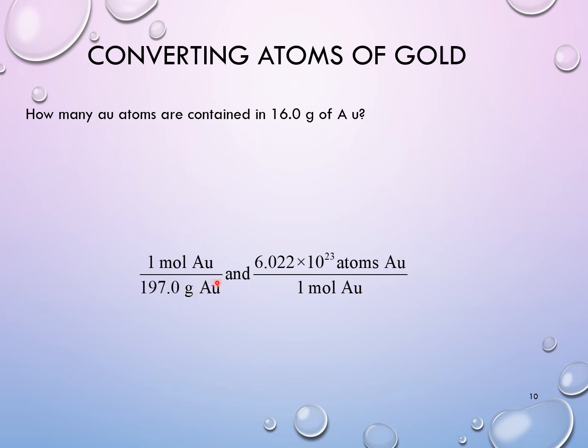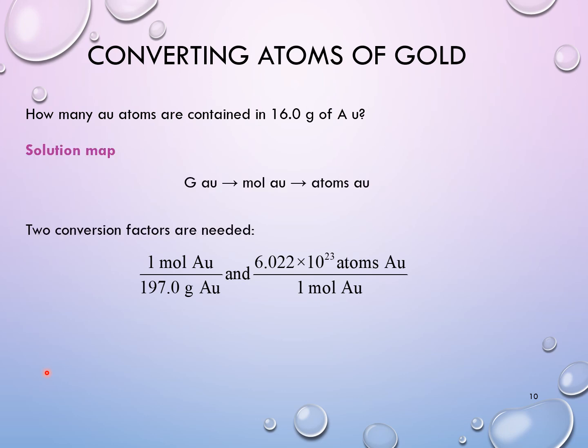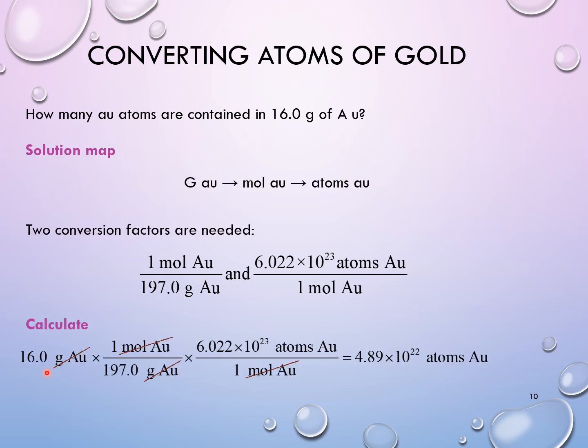We cross off the grams, we get moles here. And then once we get moles, if they want the answer in atoms, we can use the fact that 1 mole of gold contains 6.022 times 10 to the power 23 atoms of gold. So that's how we're going to do it. So when we do 16 grams over here of gold, we convert it to moles first, where now we cross off the grams. Our answer is in moles right now. And then we take the moles, and we cancel the moles on the bottom. We do 6.022 times 10 to the power 23 atoms on the top, and you get your answer in units of